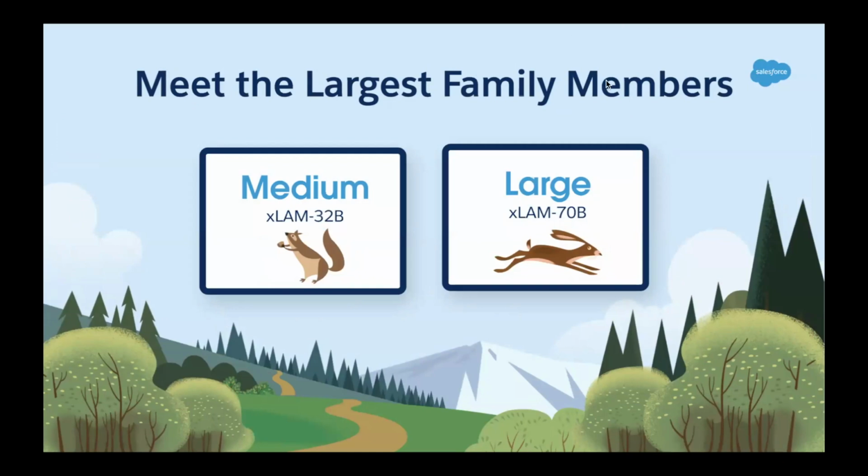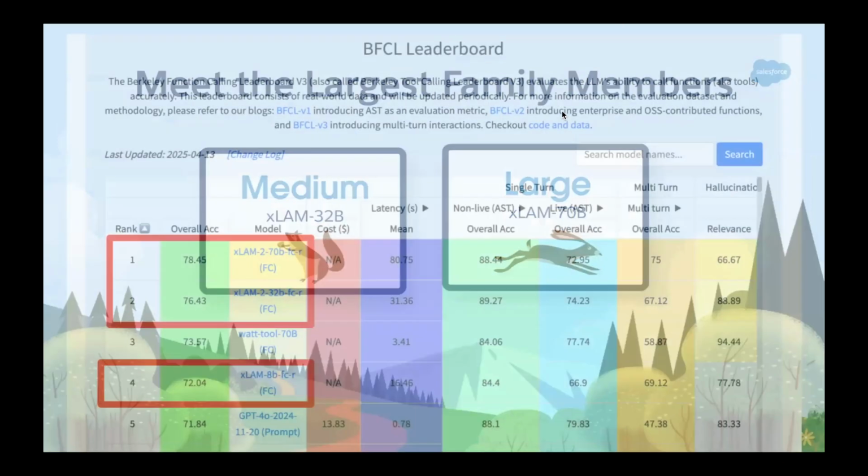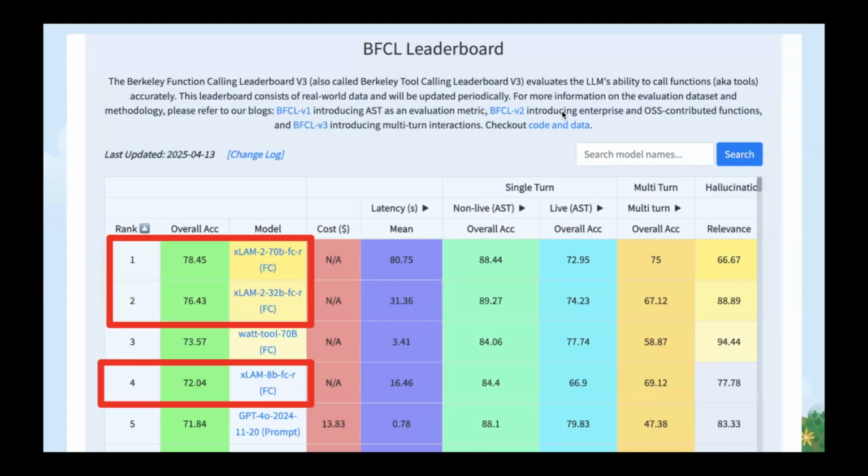Now, as I've mentioned, we also have the medium and large members, but let's get right to showing where they all stand on this leaderboard. So, if you check the Berkeley function calling leaderboard, this is one of the most important leaderboards out there. It ranks models on simple agentic tasks or simple function calling tasks, all the way to multi-turn, multi-step tasks. And what you can see here is that our models, our 70B model, our 32B model, are number 1